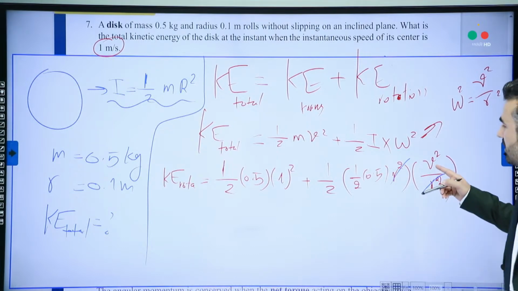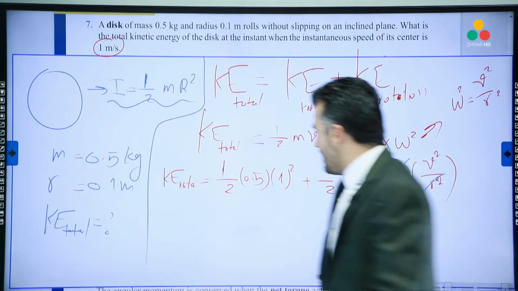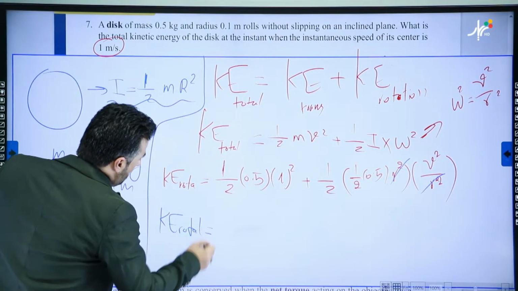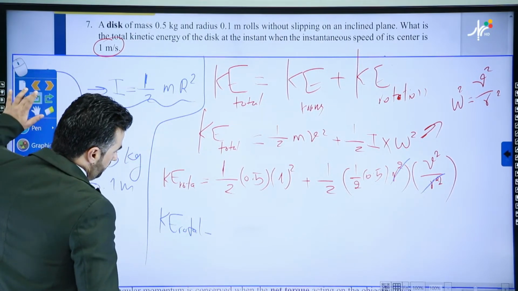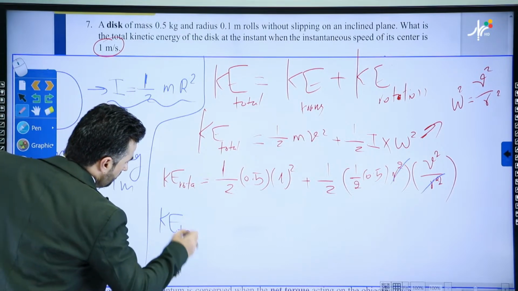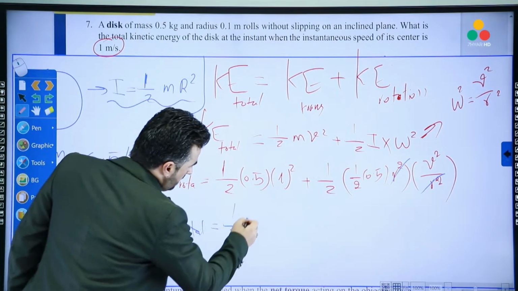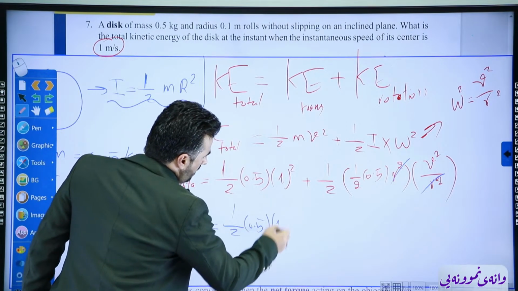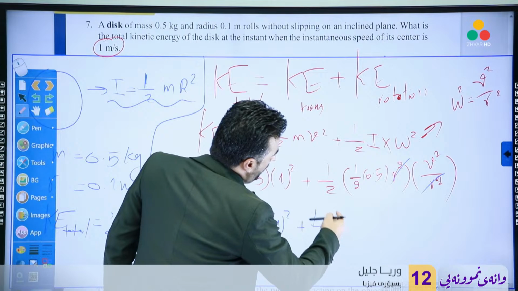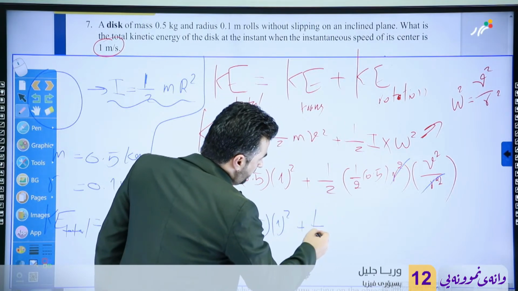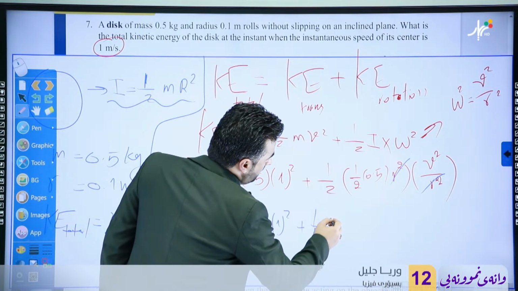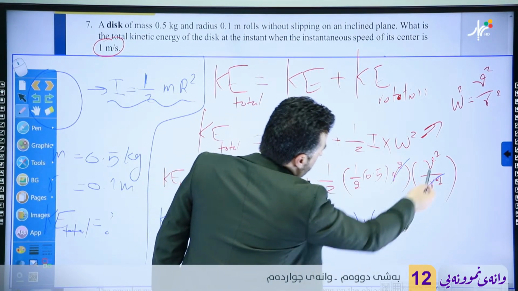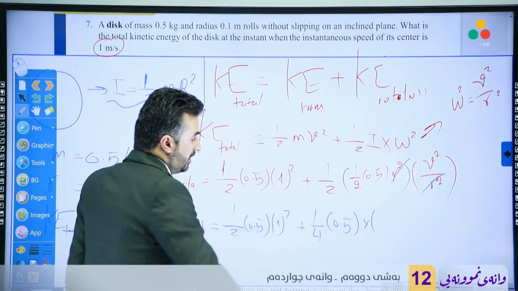So what are we left with? We're left with speed squared. So let me add one more step to this. So we can say kinetic energy, total, I mean, not the rotation. The total equals 1 over 2 times 0.5 times 1 squared. Let's write all this again, plus we can just go ahead with this 1 over 2 and 1 over 2, that is 1 over 4 times 0.5 times, and then of course the translational or speed squared, which is in